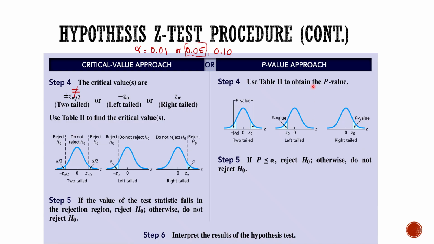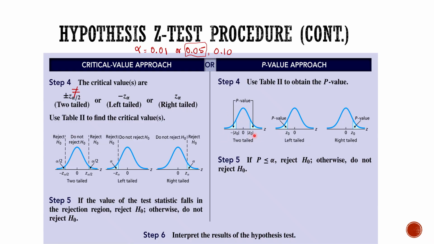All you do is bring your test statistic. You see over here z sub 0, this represents the test statistic value. All right. So you show where it would fall on the curve. And if it's a left tail test, then find the area to the left of the test statistic value. If it is a right tail test, then find the area on the right hand side of the test statistic value. If it is a two tail test, then show